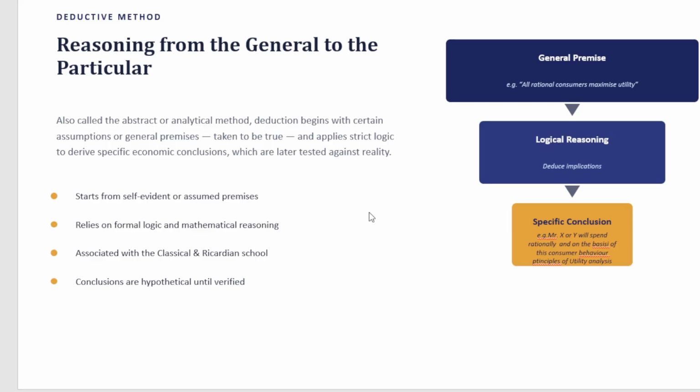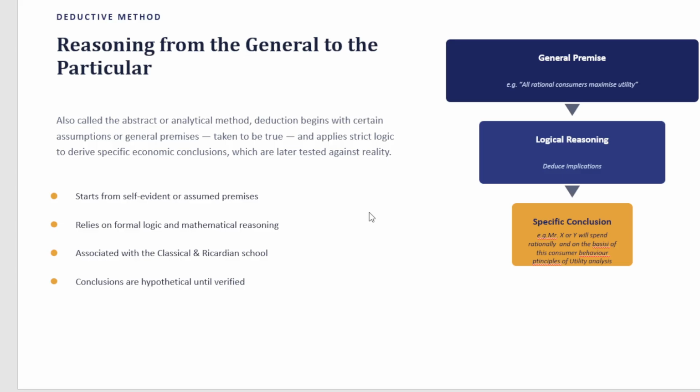First, we will discuss deductive method in detail. Deductive method is reasoning from the general to the particular. As I have already explained, we just take the general fact or historical fact based on previous experiences. This is also called the abstract method.